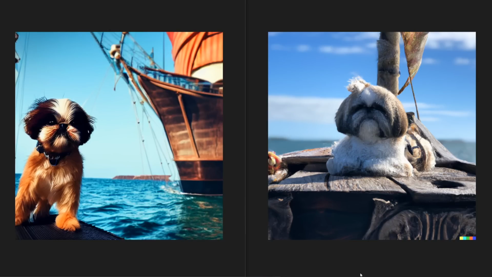So, moving into our final comparison here, this is a low-angle photo of a Shih Tzu on a pirate ship. I have got to say, this is probably the most surprising out of all of these. I think Stable Diffusion actually won this one. Here in our first comparison, we've definitely got this low angle, very creative photo, I have to say. I really like the different colors used of a Shih Tzu on a pirate ship.